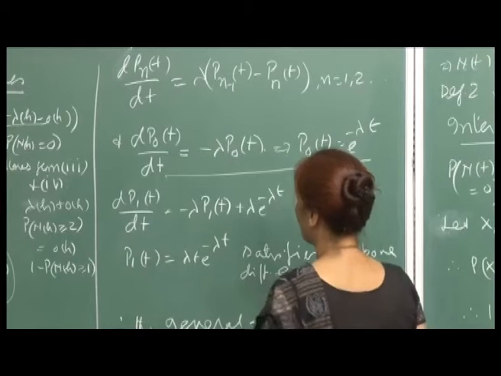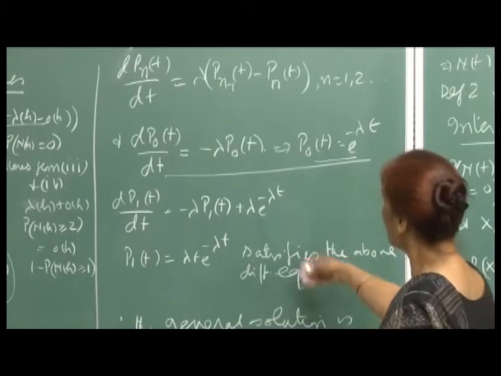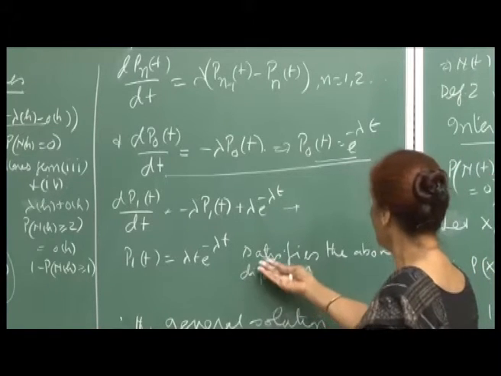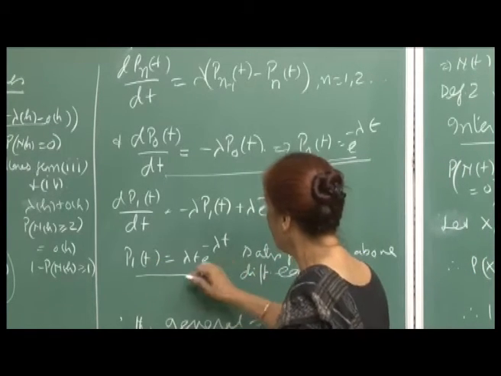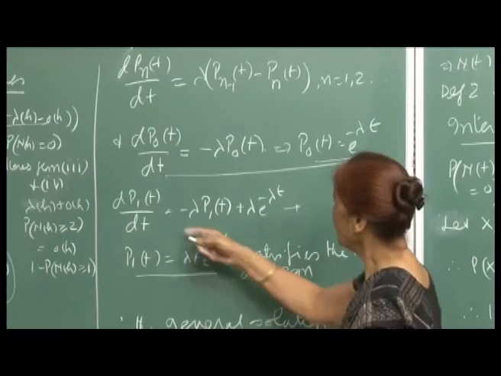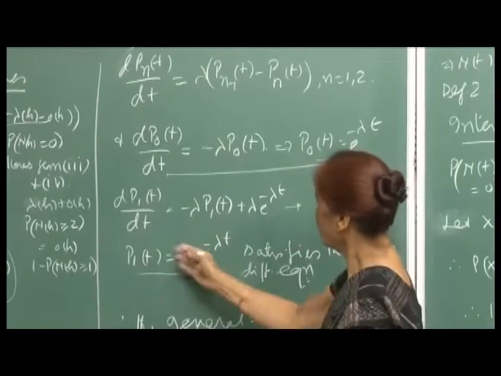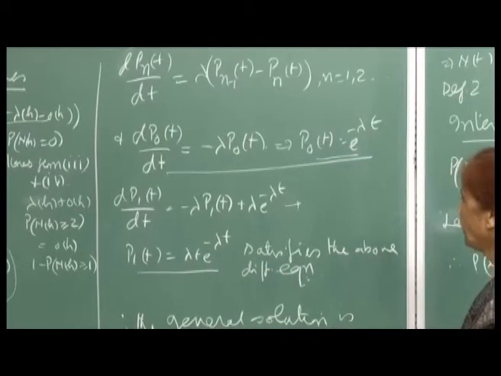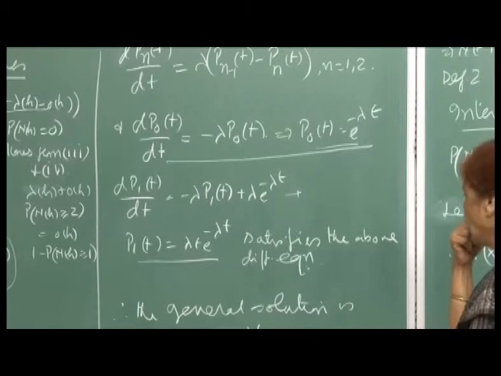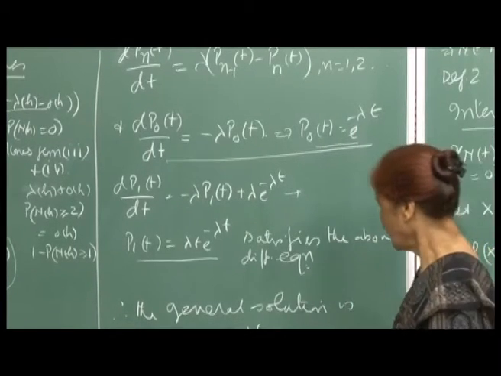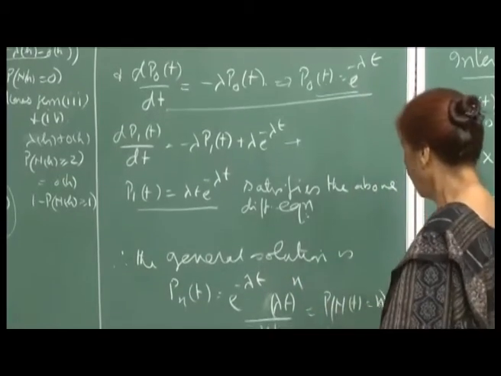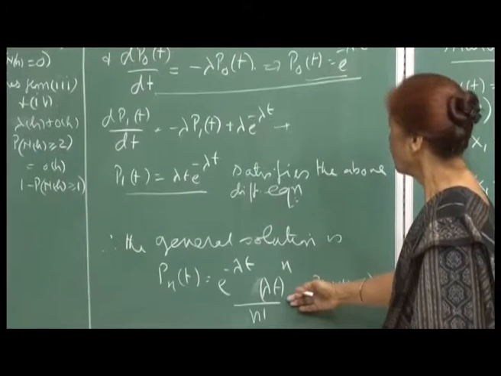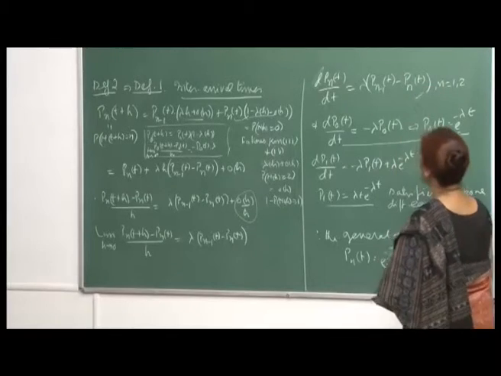So, therefore, this is it. Now, of course, there are methods to solve these differential equations, not difficult, but what we are saying is that if you just try P1(t) equal to lambda t e raised to minus lambda t, it will satisfy this equation. Just differentiate and substitute here, the two sides will be equal. So, P1(t) is a solution here, and then in general the solution would be Pn(t). You can very easily verify that for all values of n, this is the solution to your general differential equation